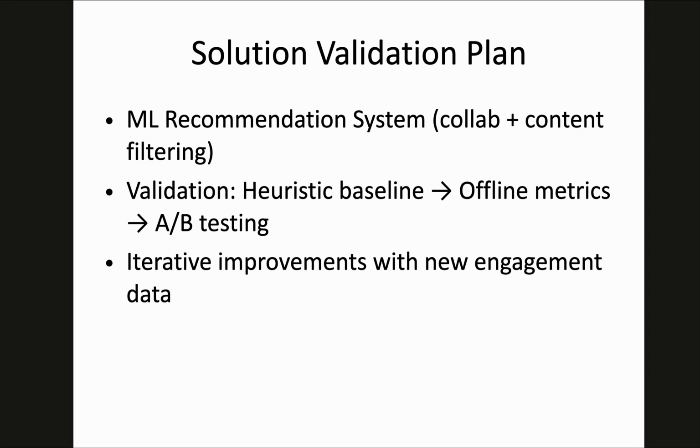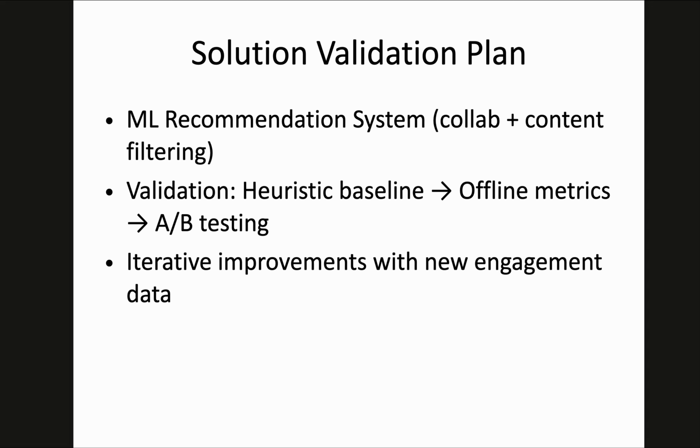All right, moving to the validation plan. So the concept is that we will build a recommendation system that's going to combine collaborative filtering and content-based filtering. Collaborative filtering is going to come from learning from the patterns across similar customers, and the content-based filtering is going to come from the artwork metadata. Each week, the system is going to generate 3 personalized paintings per subscriber,